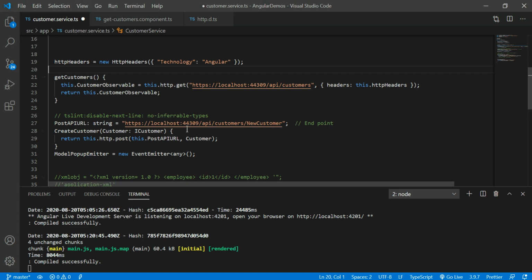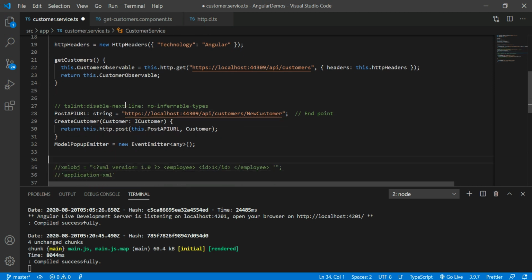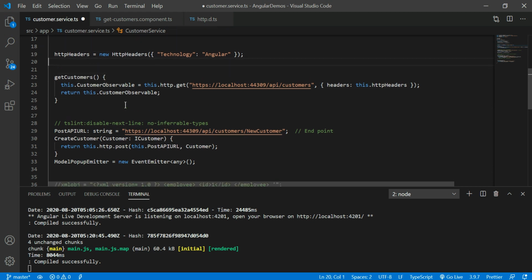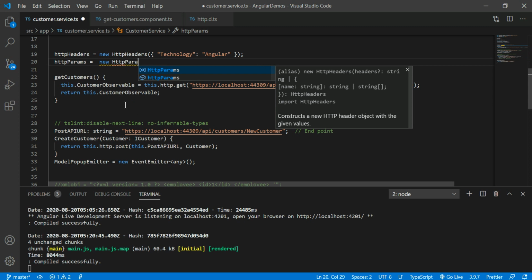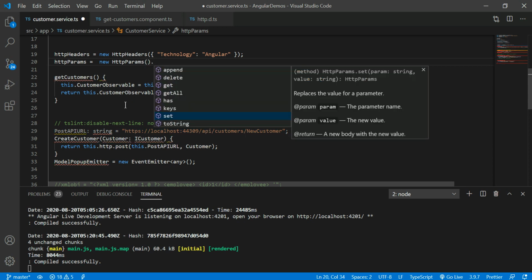If I write the params, it is nothing but router parameters, the same concept. How we add query parameters for the router, the same way, if you wanted to add your own parameter, like a user token, the best place is the HTTP params. One more difference is, HTTP params you have to assign by using the set method.